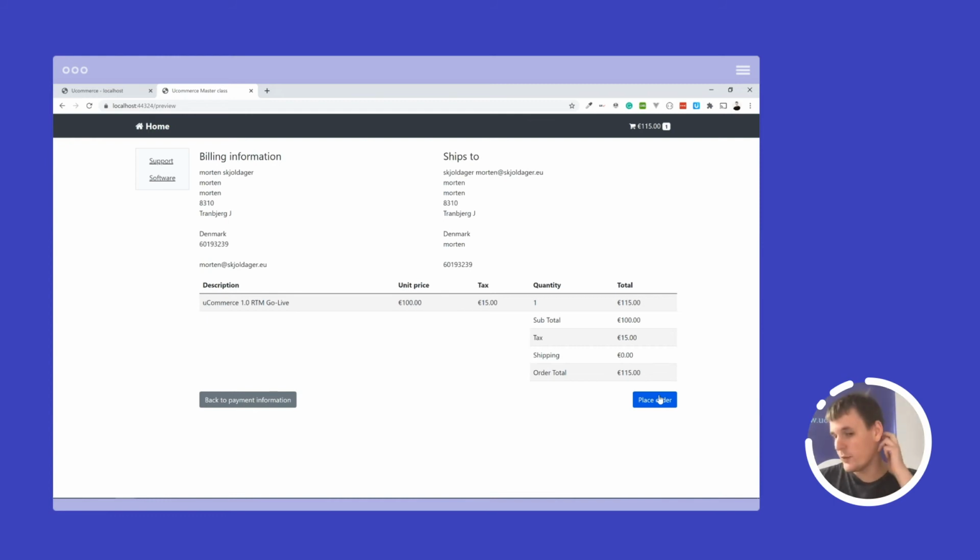Once this happens, we will actually experience an error, and that's because we haven't configured our payment option to use the right set of configurations. So we need to fix that before we can get to the actual complete page.